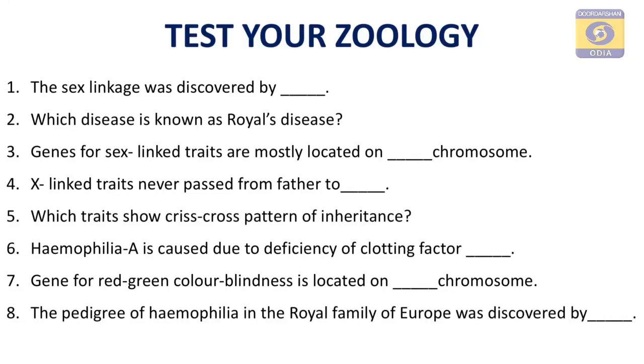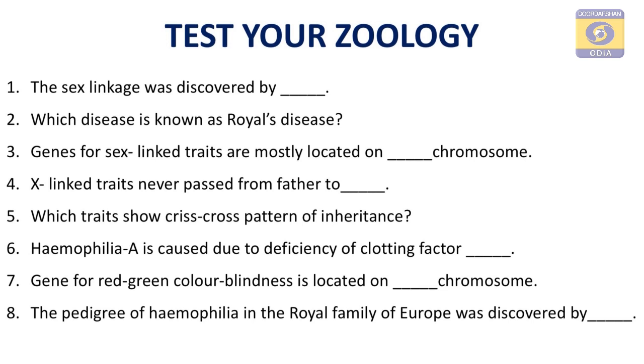Who discovered sex linkage? Linkage was discovered by Bateson and Punnett, but the sex linkage was discovered by T.H. Morgan, father of experimental genetics, popularly known as the flyman, right? Then the next question, which disease is known as Royal's disease? You know, the hemophilia or the bleeder's disease is known as Royal's disease, as